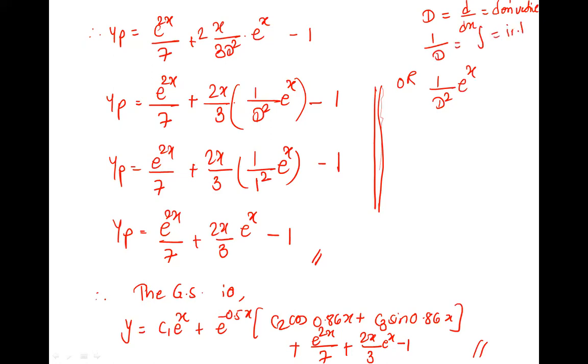I told you yesterday, yes, it is integration. And 1 by d square will be what then? D square is d2 by dx square, meaning double derivative. So what will be 1 upon d square? That is double integration. 1 upon d cube will be